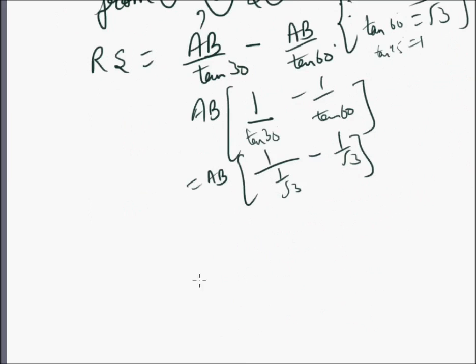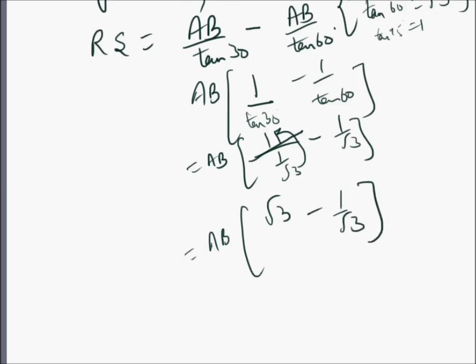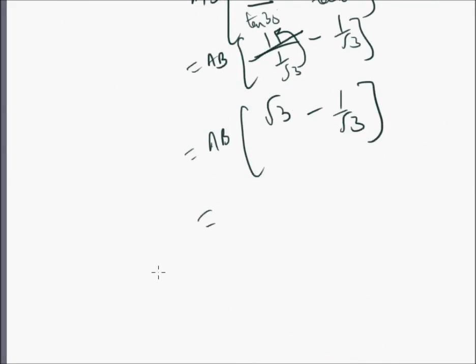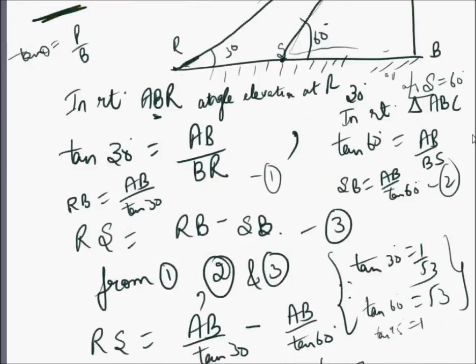So all in all, we have AB. This, the denominator part, this under root 3 will go to the top as discussed in the previous videos. How? Minus 1 by under root 3. So this RS becomes, AB is 75